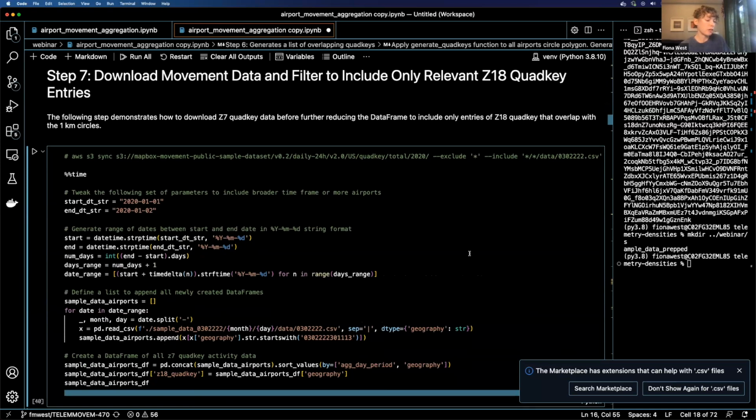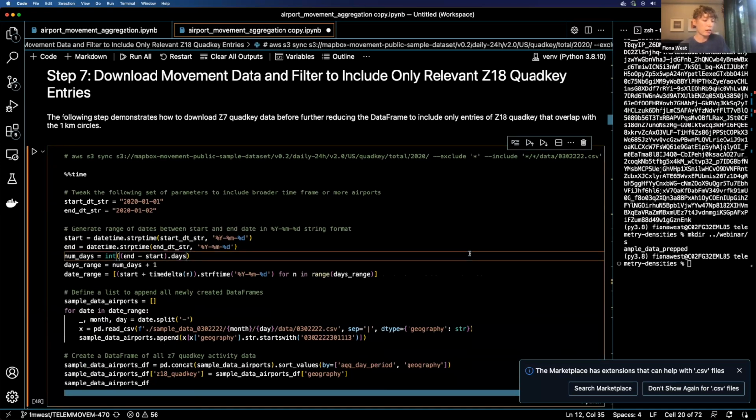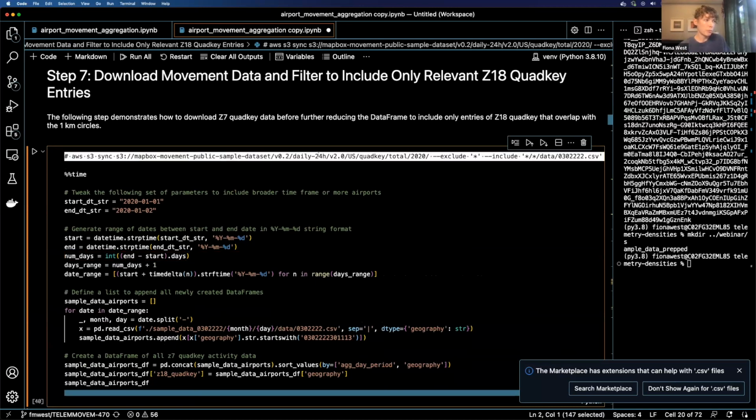We're going to want to download our data from the public bucket. Well, not all of our data. There's actually a ton of data in this bucket, so we want to make sure that we don't overload ourselves, especially working locally on a laptop, and you only want to download the data that you really need. So I put an example AWS CLI command up here. This is what I use to download the